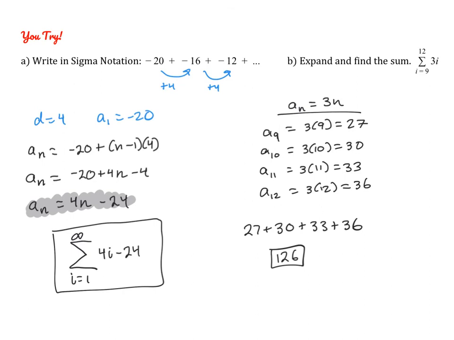Okay, for the second one, we're doing the opposite. We're expanding it. You can see that they want us to use the sequence a sub n equals 3n, and they want the sum of the 9th through 12th term. So we have to find those terms. The 9th term is 27, the 10th term is 30, the 11th term is 33, and the 12th term is 36. If we expand out what this summation says, it is 27 plus 30 plus 33 plus 36, which gives you